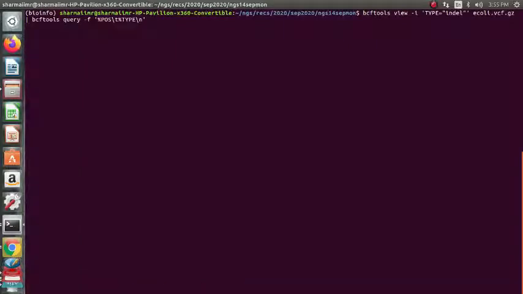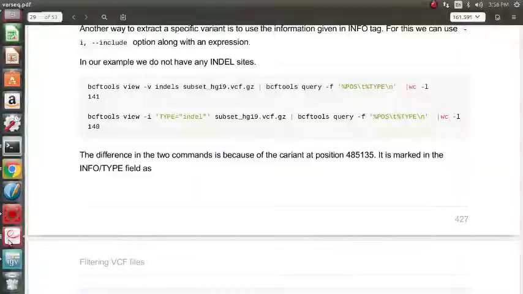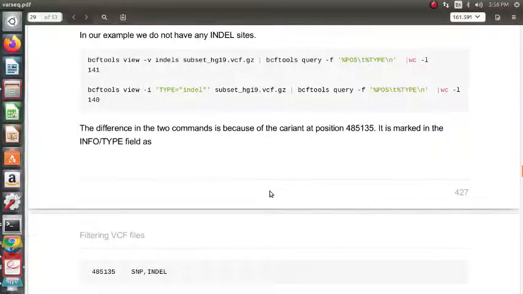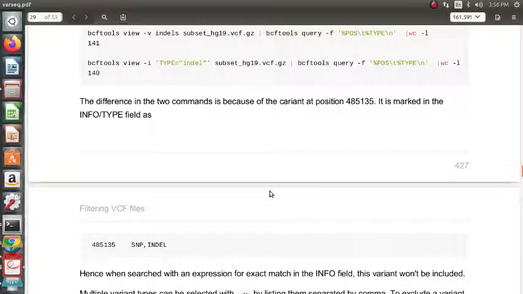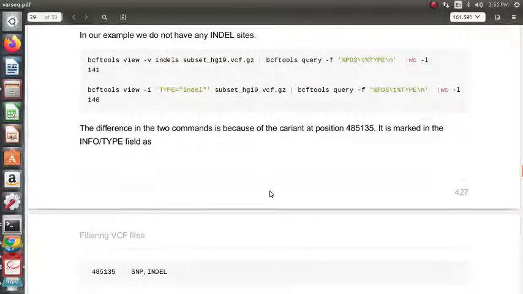Let us rerun the command. Let us, for example, see the first 10 indels. Yes, 301 is the first indel. We can see the indels, right? The first 10 indels. So let us play around with this, whether we can find something else.